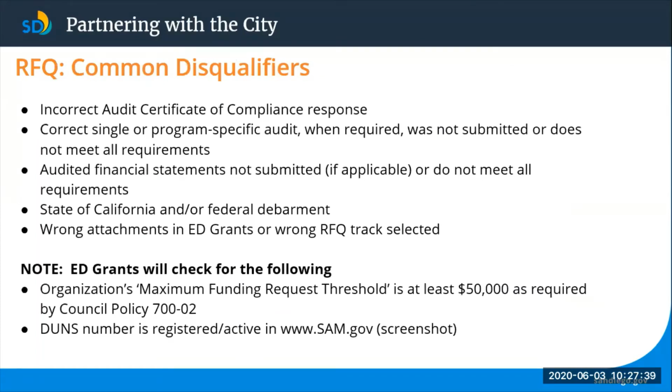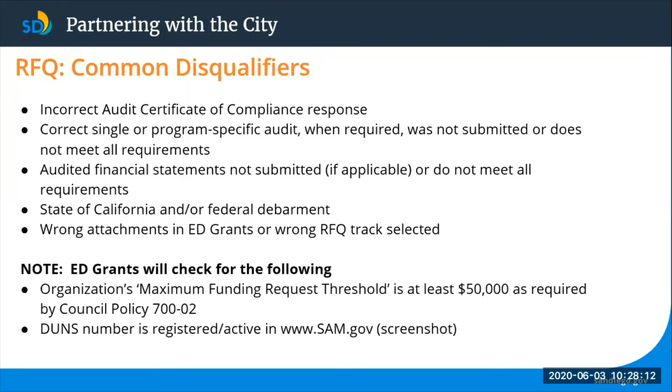Some common disqualifiers for organizations. Really at this point, most of the disqualification is happening automatically through our online application process. But what we have seen recently are simply not having audited financial statements, or not submitting a single audit when it was required. So when the organization was spending more than $750,000, or just not having the correct or complete registrations with the state of